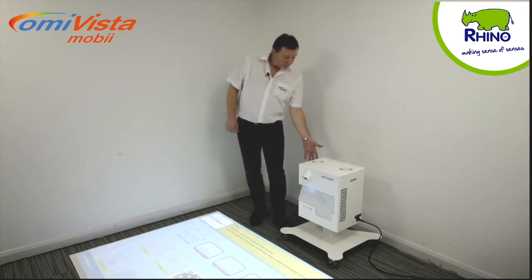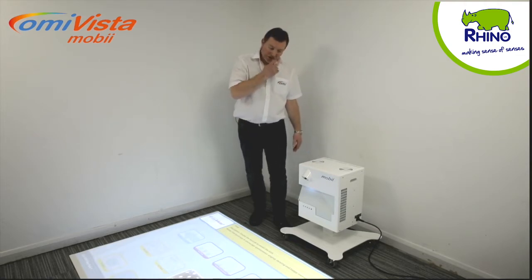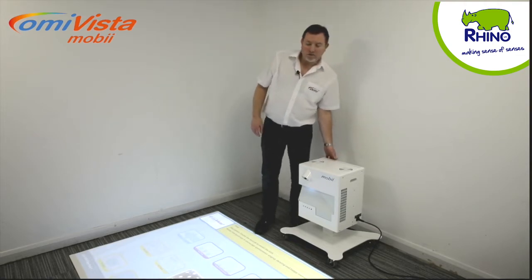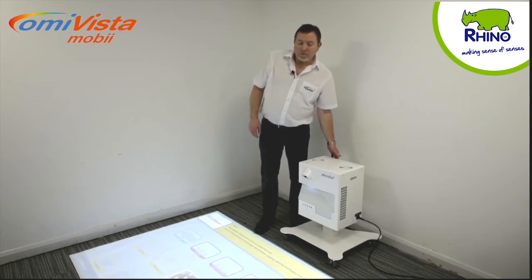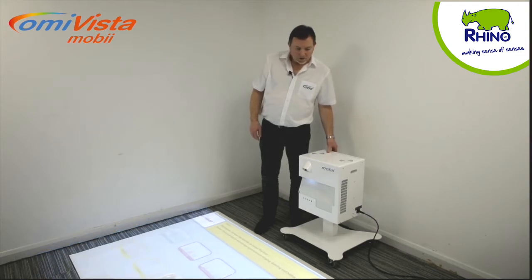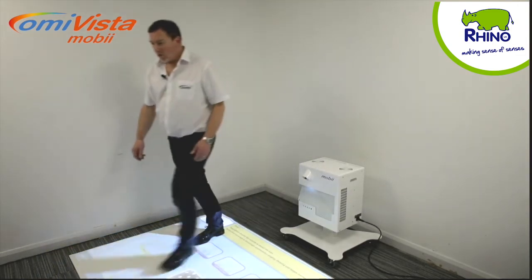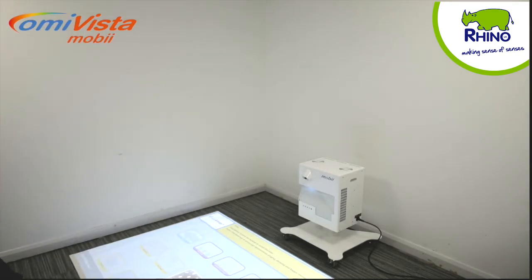Very simple to operate. There's a power button on the side. One press starts the unit up. Another press turns the unit off. On the back of the unit, we've got buttons that control the electronic riser, which allow us to raise and lower the unit. Okay, so we can use it on the floor, or if I bring a table in,